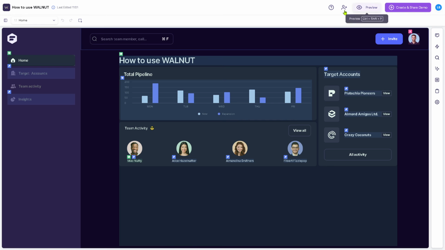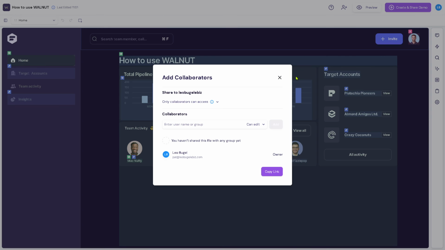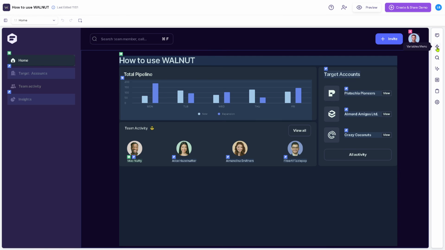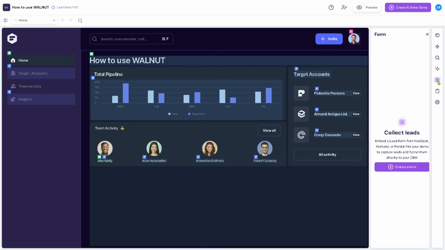So we're going to go back again to the main builder. And if you wanted to add your collaborators, for example, if we're working with their client, you can do so and provide their email. They can edit, they can view, and a lot more. You see, there's going to be more options along the way. You can add variables menu, find and replace, edit AI, the forms if you want to add a new forms,